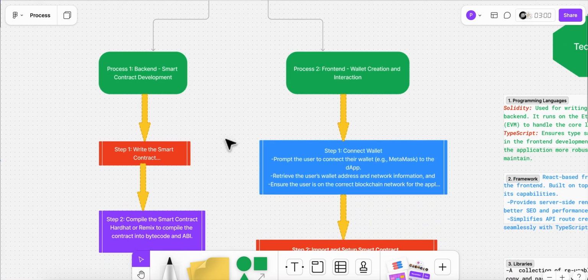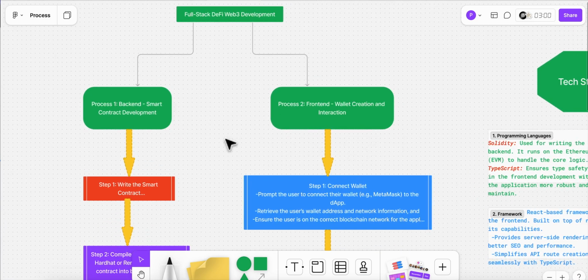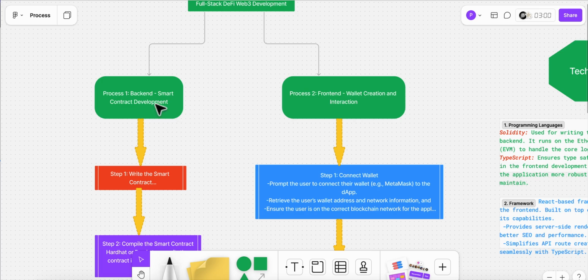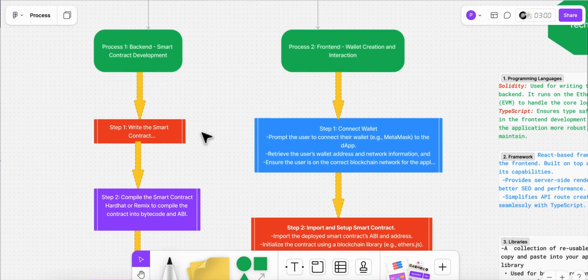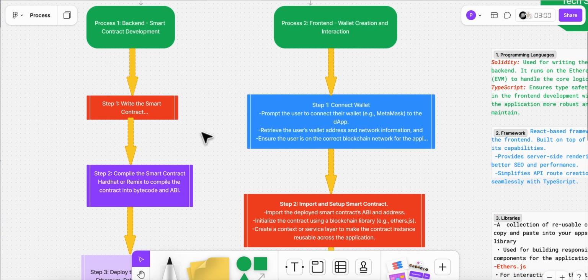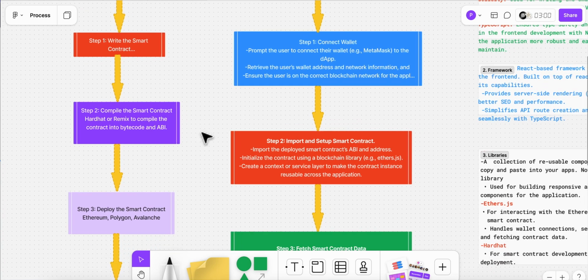The first step is I'll be starting with the backend, writing the smart contract. I'll be using the Solidity programming language to write the crowdfunding smart contract. The next step is the compilation of the smart contract using Hardhat. The smart contract has to be compiled first, before the deployment,